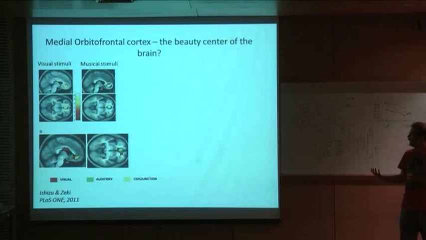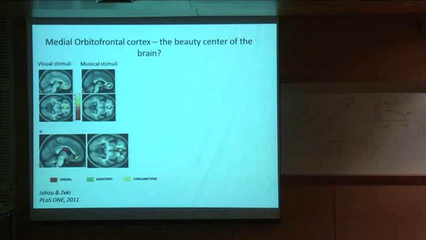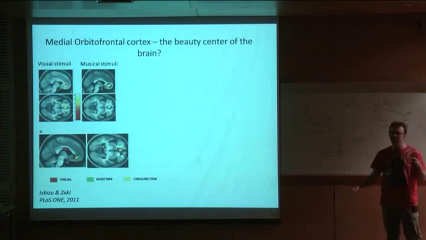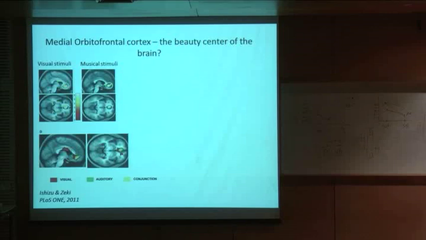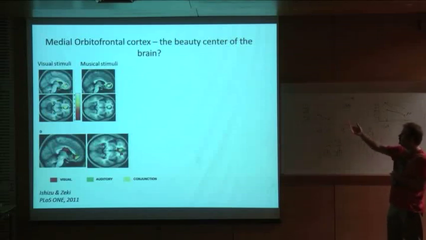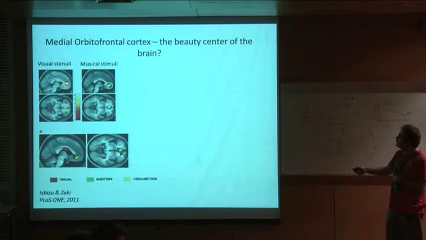effects, also music elicits beauty. So let's go for an area that is highlighted for beautiful visual stimuli and for beautiful musical stimuli. So first, subjects had to rate the different stimuli according to whether they're ugly, neutral, or beautiful, and then the correlation of this evaluation was tested in fMRI. So several regions popped up for visual beautiful stimuli. One of them, the strongest activation, was in the orbitofrontal cortex that we discussed before, and it was also active for musical stimuli. That's the same brain shown from different